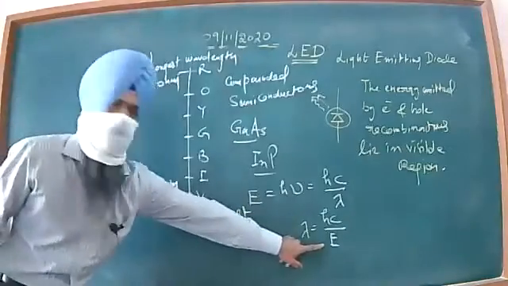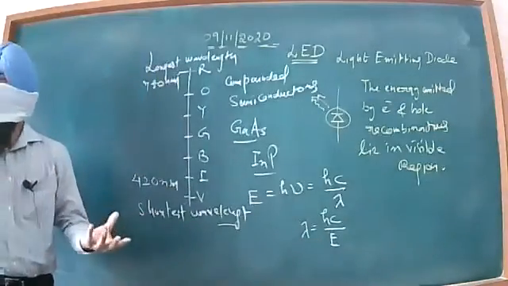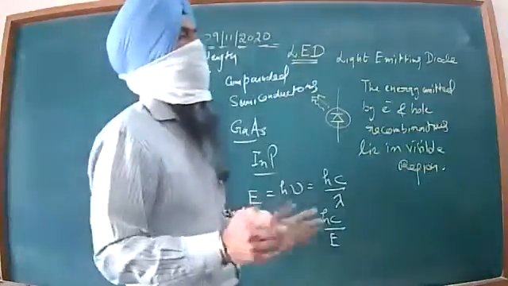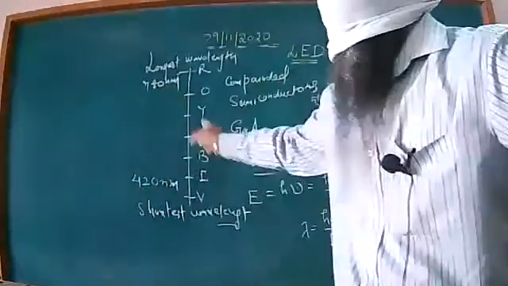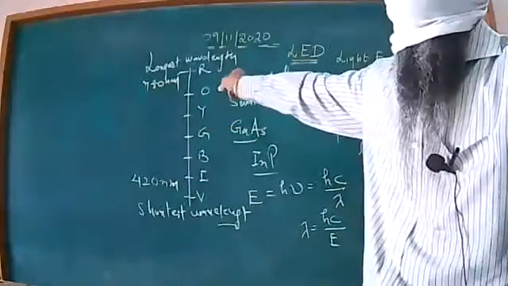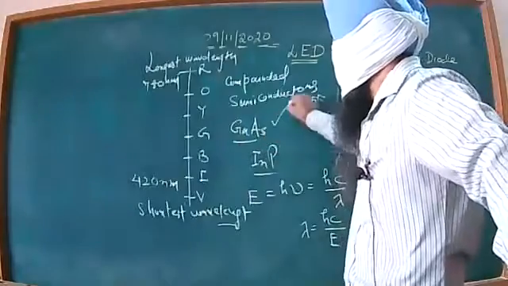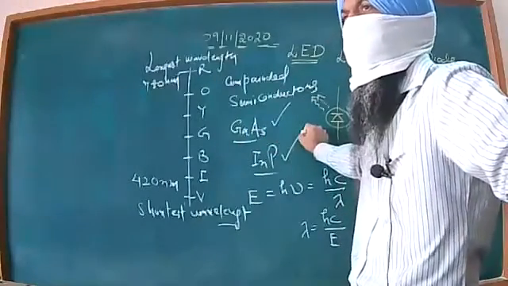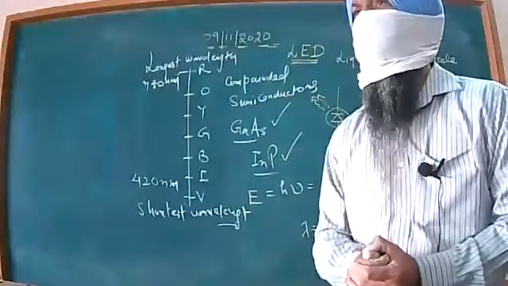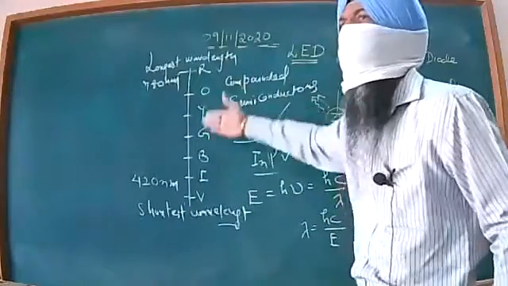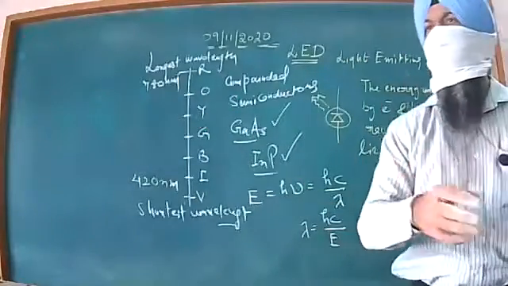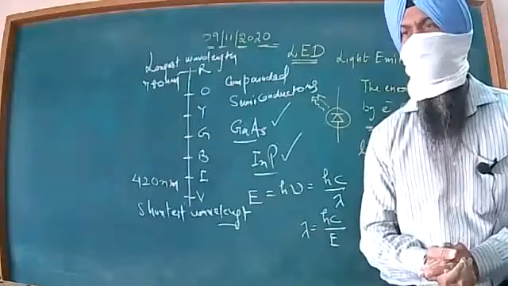This color depends upon the energy that is given when the electrons and holes are recombining. And dear children, this depends upon the amount of doping as well as the nature of your compounded semiconductors. As we are seeing, gallium arsenide is there, indium phosphide is there. So by having the combination of different semiconducting materials, we can have different types of colors in the form of the output energy that we receive as electron and hole recombinations.